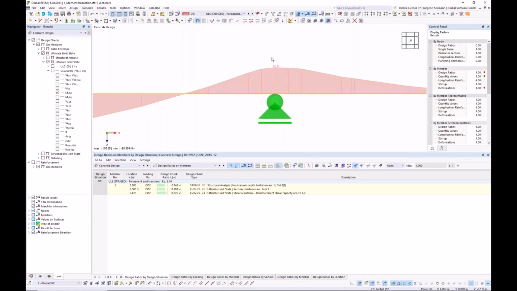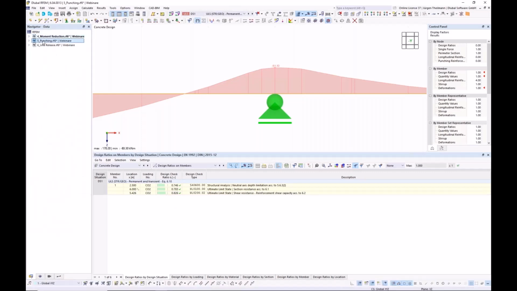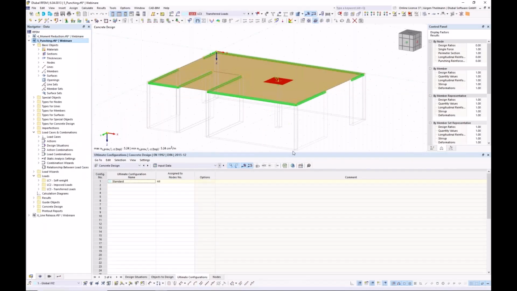And now we have certainly reduced the maximum of this support moment, and also the ratio for our design check therefore decreased. Good, that's it for model number 4. I will switch to model number 5, which leads me directly to question number 5, which is: